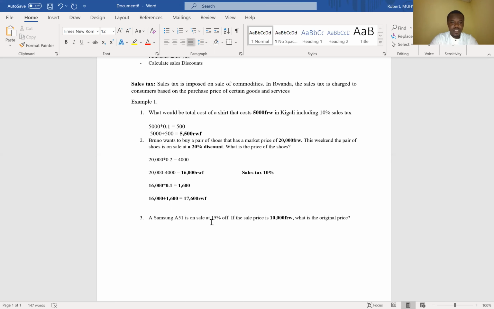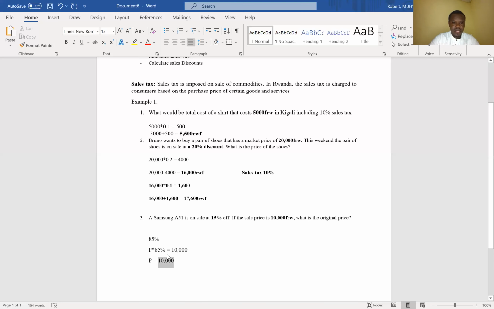So it means if we have 15% off, this means we are going to pay 85%, because we have been given 15% off. So we're going to pay only 85%. So this means we have the original price that we don't know, and we multiply it by 85% that we are going to pay, and it should be equal to 10,000, the current price. So here, if we divide by 85% on both sides, you understand that. So we're going to remain with the original price we don't know, which will be equal to 10,000